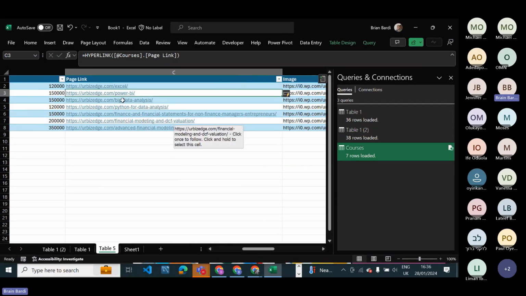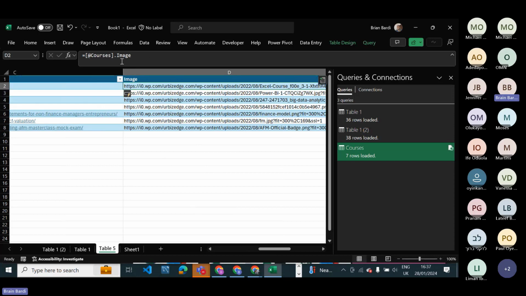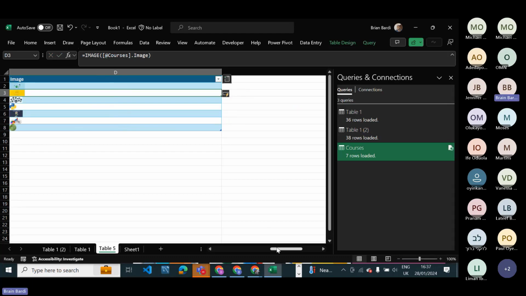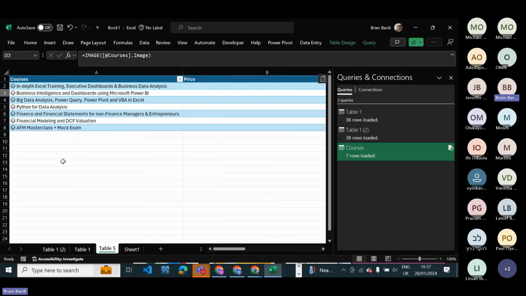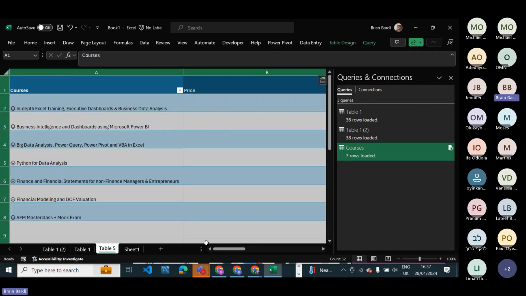I can just click on any of these links, and even if you hover on them, it gives you a small tip on how you can access it. So we do the next one, which is for the images. I'm going to click on any of them, probably the first one, and put the formula called IMAGE so that it can bring out the image for us. Open brackets, close brackets, and hit enter. So this is great, our images are out. Let me just expand the row width a little so you can see it.